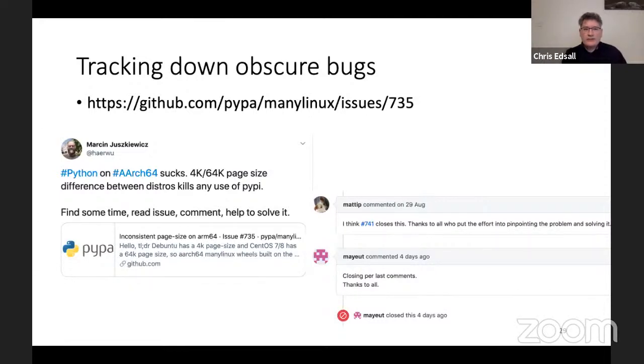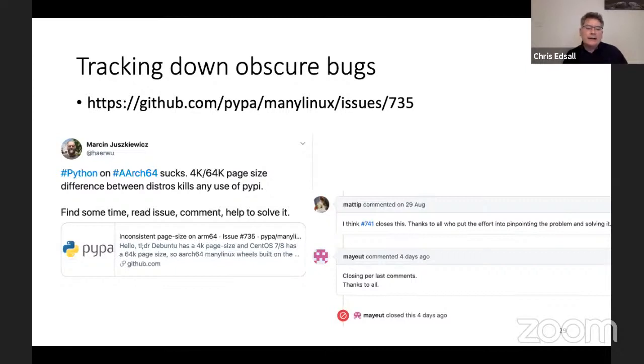I said it just works, asterisk, because of a great deal of effort by people around the world at sites like ours who have ARM systems, plus ARM themselves. A lot of the problems have been shaken out already, and now we're just tracking down the really obscure ones. This was tweeted out earlier this month. A Python wheel, so PyPI is the Python package index. Python, of course, is an interpreted language, but there are some libraries which contain compiled code, and you can either download the source for that,